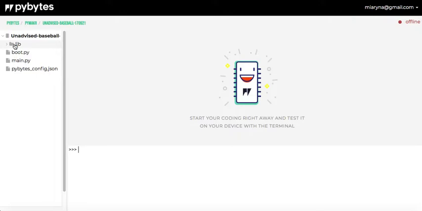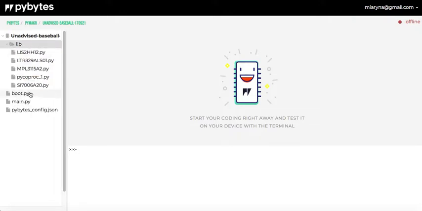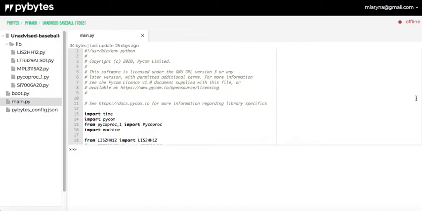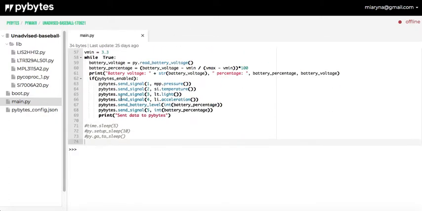we will be able to see the collection of libraries and a few default MicroPython files. Main.py carries the information about the measurements that I am extracting from the sensors on my development board. And here you might easily see that I'm measuring pressure, temperature, light, and the battery status. So all that data